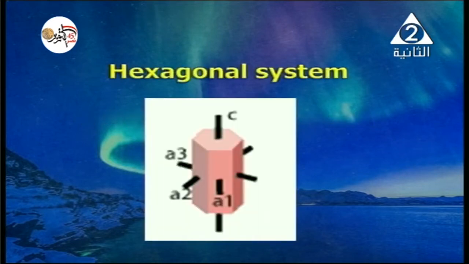Let's go to another high symmetry type of crystals, which is the hexagonal system. It's close to the tetragonal one, but in this type of crystal we have three horizontal axes to control the multiple crystal faces. So we have A1, A2, A3, and this time they come with six-fold symmetry.